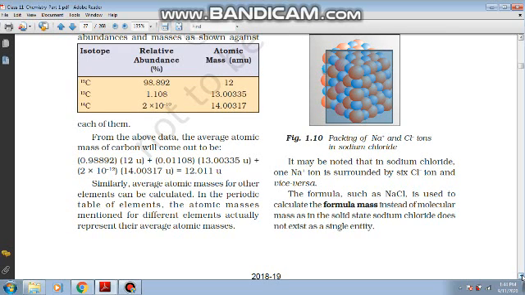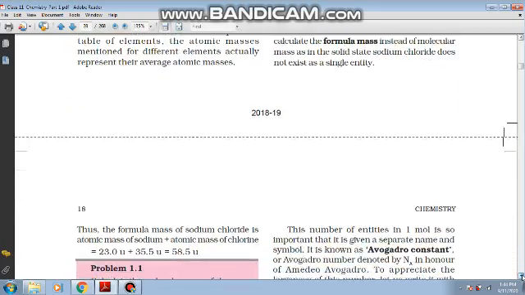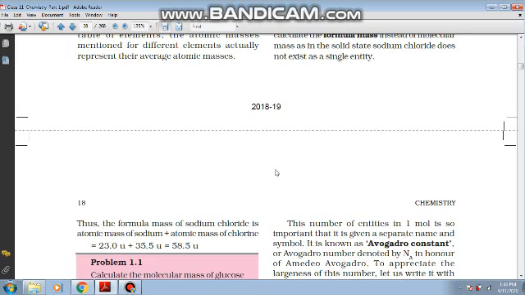So in one given unit of sodium chloride crystal, we have an equal number of sodium and chloride ions. So we can say the formula can be represented safely as NaCl with a 1:1 ratio of both, and the formula mass of NaCl would be mass of 1 sodium plus mass of 1 chloride, giving you